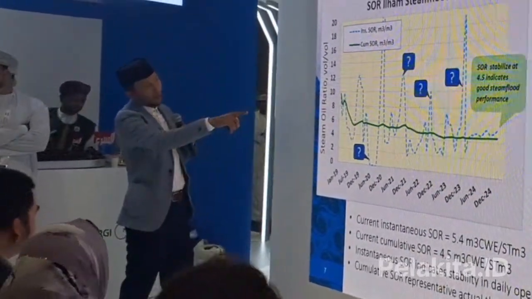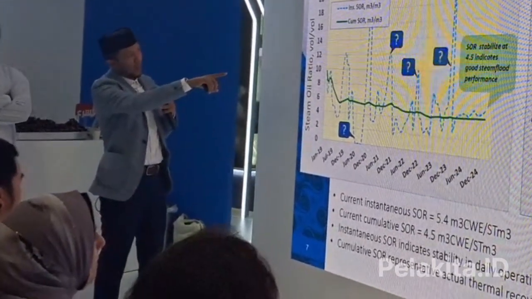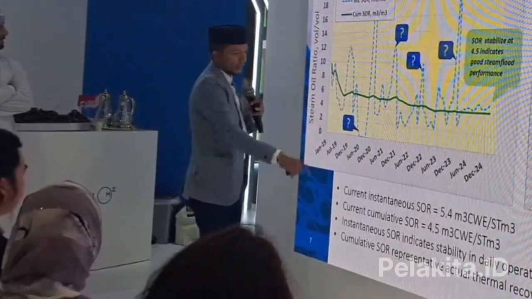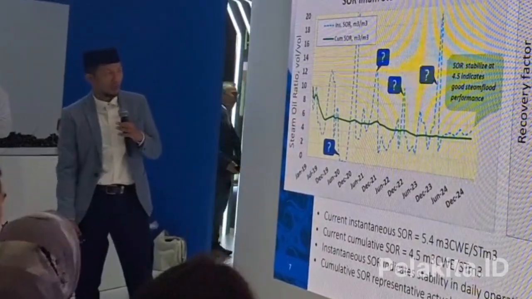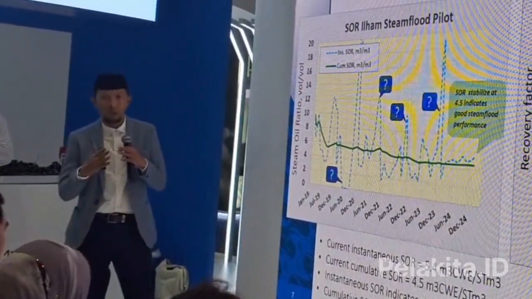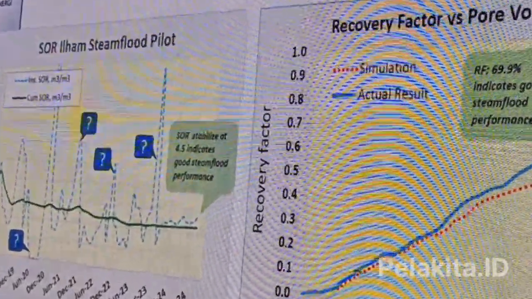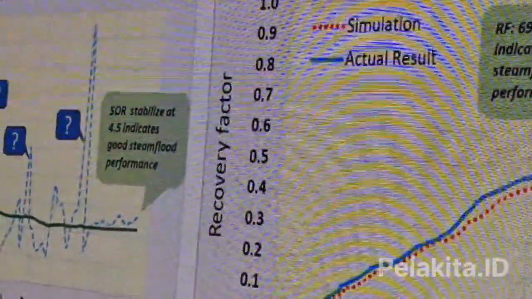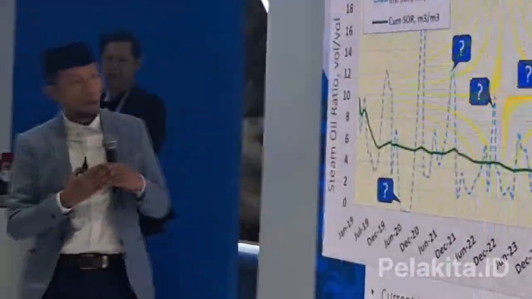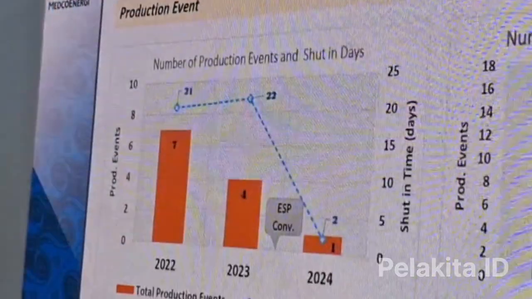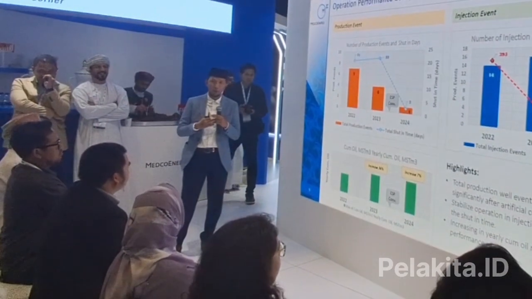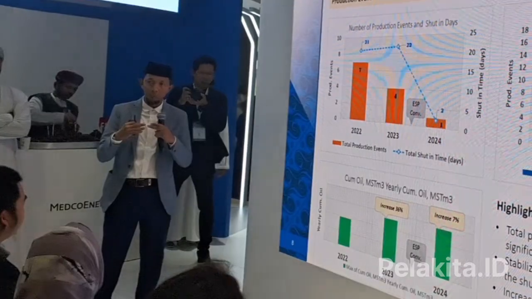And then we still have other peaks there, most of them, like in December 2021 and December 2023, because of the downhole pump performance. The number or volume of steam that we inject to the reservoir we call pore volume injection. So here you can see with currently more than 2 pore volume injections, we have already reached a recovery